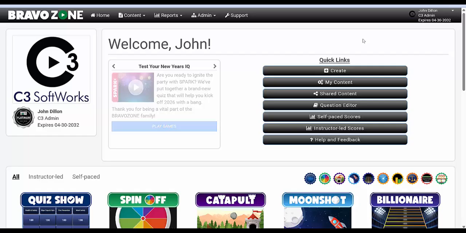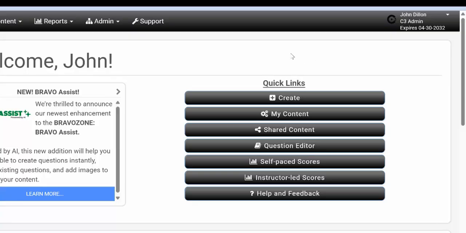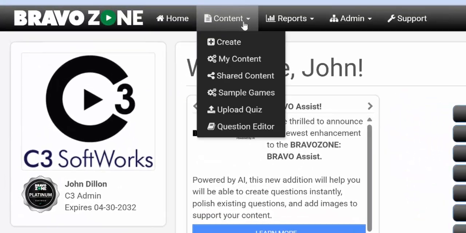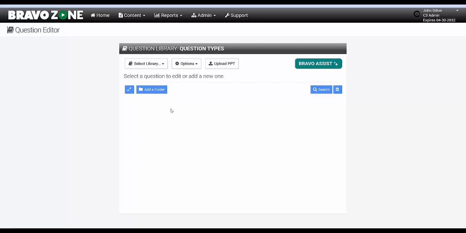There are two ways you can get to the question editor. One is under the quick links, and you'll see here you have the question editor. The other is go up to Content and click on Question Editor. You can always just build content here before, but now what I'm going to do is build content using a